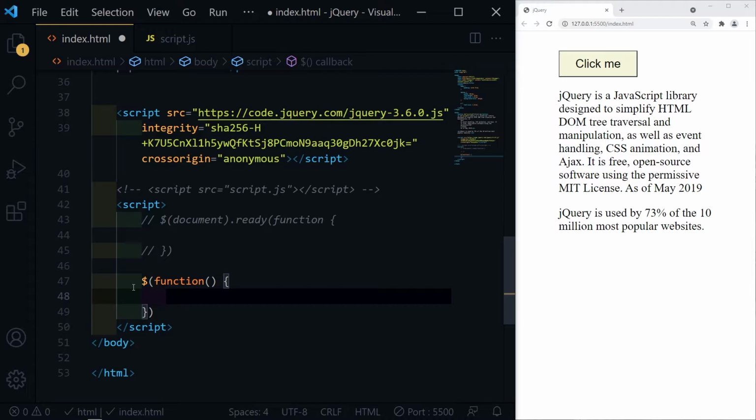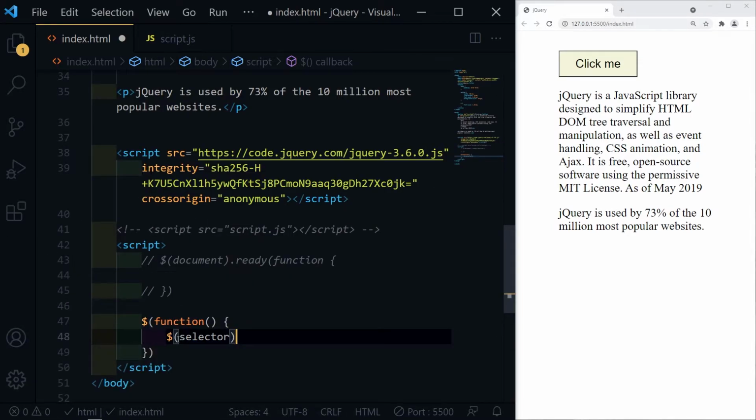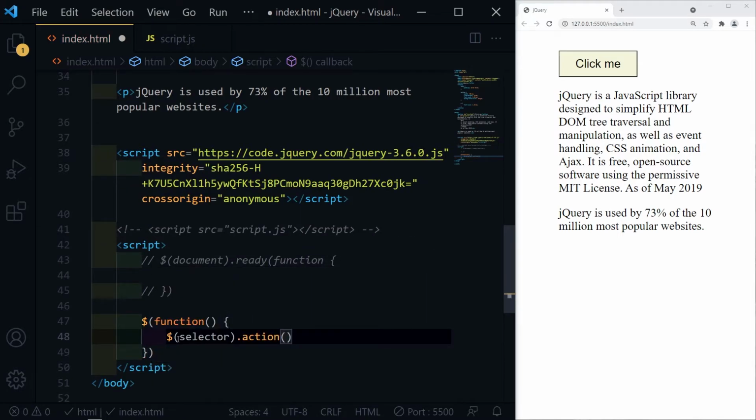Now to select and manipulate HTML elements, we need selectors. jQuery selectors are used to find HTML element based on their name, ID, classes, types, values of attributes, and much more. It's based on the existing CSS selectors, and in addition, it has some more custom selectors. All the selectors in jQuery start with the $ sign and parenthesis. Inside the parenthesis, we need the selector, and after that, we can write what action must be done.